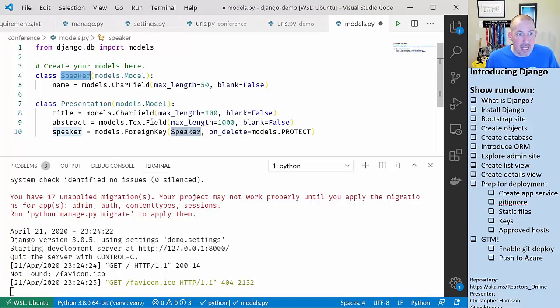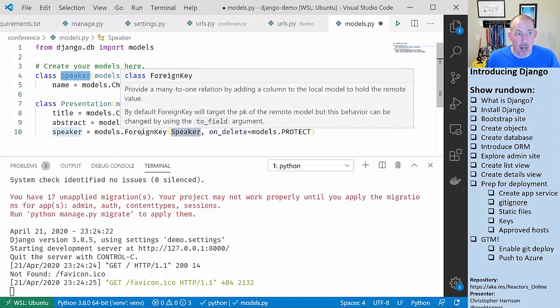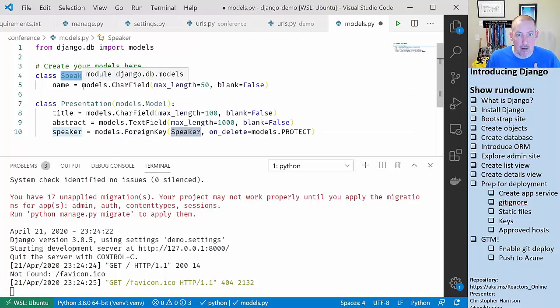And just like this, I've now created a relationship between presentation and speaker. And I've also set it up so that if you try to delete a speaker that has a presentation, we're not going to let that happen. Okay. Now,